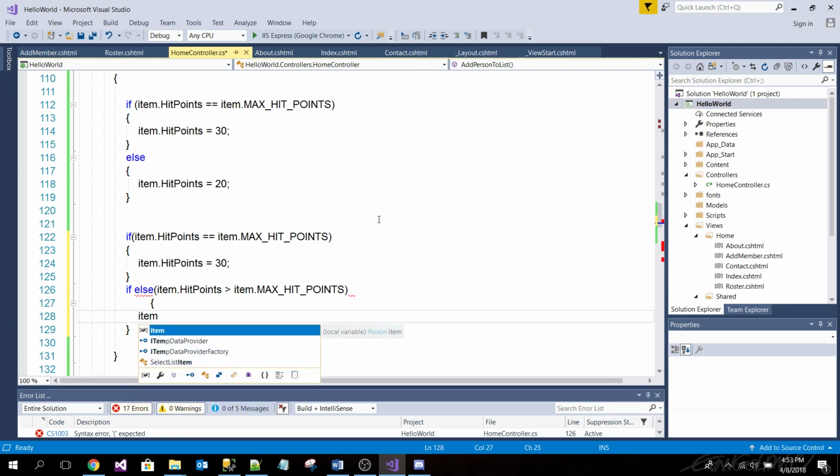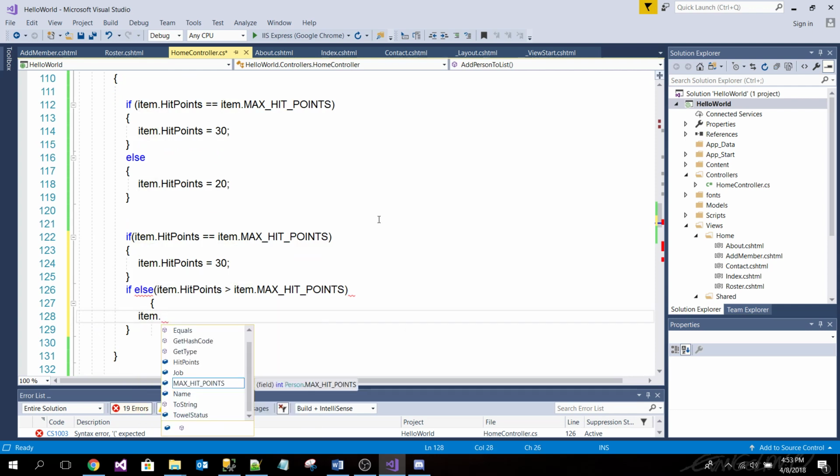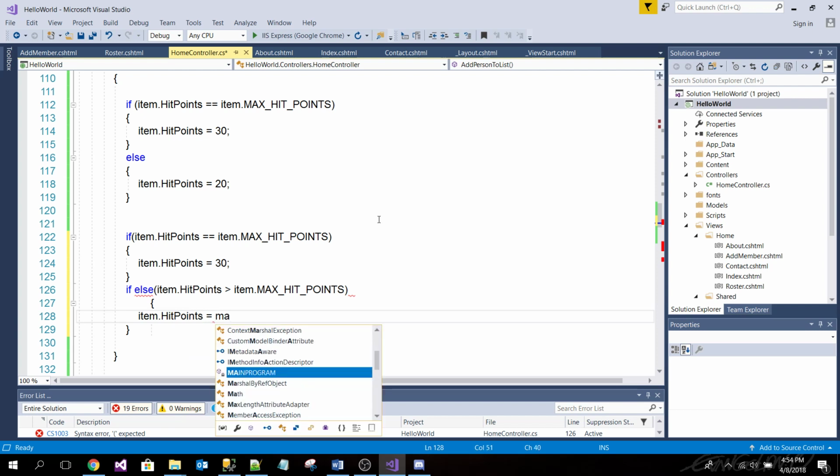If it's higher than max hit points, should we set it to 50 or something maybe? Or just set them back to max hit points, because that is the max hit points. Or just leave them alone too. Well, we want to make an example here. So for now, item max hit points equals max hit points.